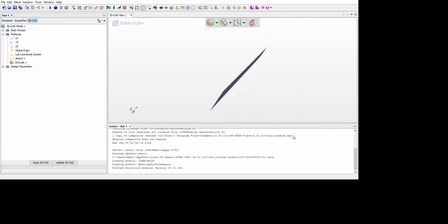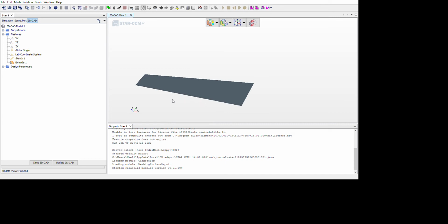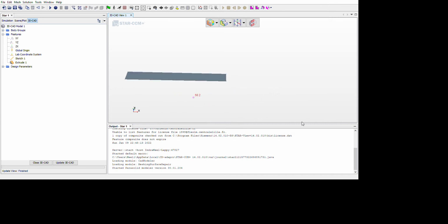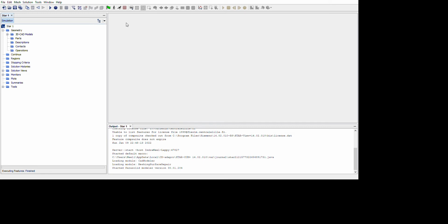Okay, so we have 6 faces in total: inlet, outlet, side wall 1, side wall 2, top and bottom. Yeah, so our geometry is ready. So we are going to update this 3D CAD model, close the 3D CAD. Okay, so now if you want to look at your geometry, you just need to do some modification called